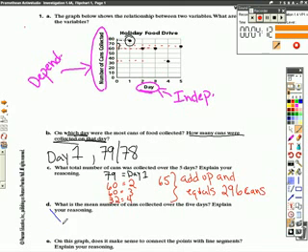Part D. We're skipping part D. I'm not going to worry about the mean right now because we're not really focusing on mean, median, and mode. All right, E. On this graph, does it make sense to connect the points with line segments, and explain your reasoning. If I look at the graph,